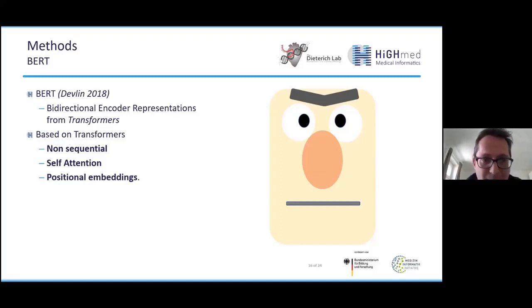Previously in NLP, we used so-called recurrent neural networks. Here, we have a sequential processing of the input. So this neural network always took one word after another as input. And the transformer is a bag of words approach. So here we are inputting the words in parallel and processing the words in parallel. And to do that, such a transformer has a method called self-attention. Self-attention computes the similarity scores between the words.